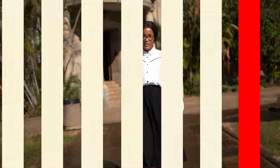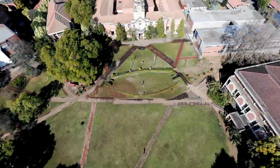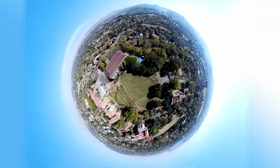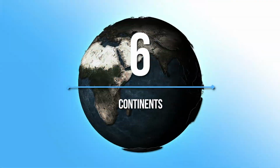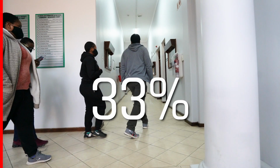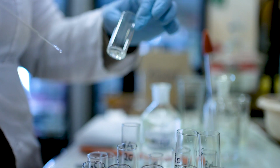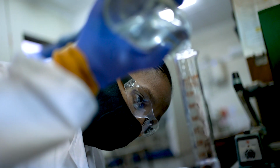The threat of the coronavirus is a compelling reason why we, as the University of KwaZulu-Natal, need to constantly be alert and put in place proactive and pro-response mechanisms to combat such diseases and illnesses. The rampant COVID-19 pandemic has already spread to 6 continents, and there are no signs that it is being brought under control. With 33% of students returning to campuses, the Orientation Training Protocol, OTP, emphasizes the need to follow the